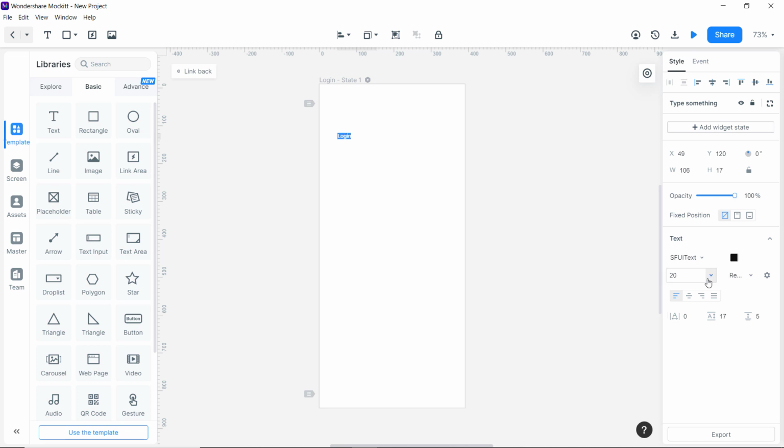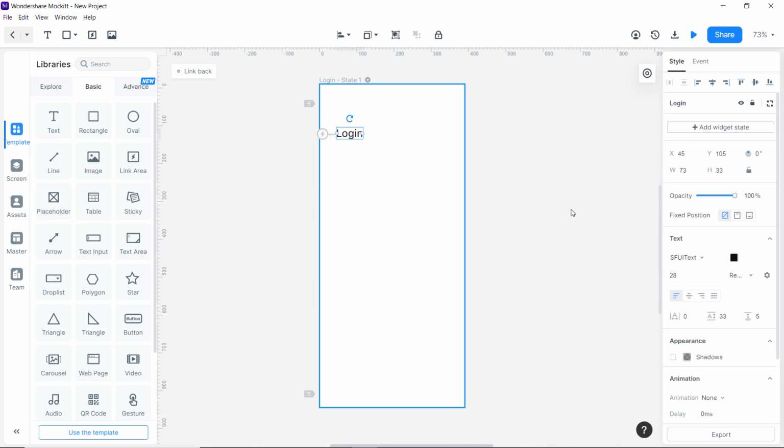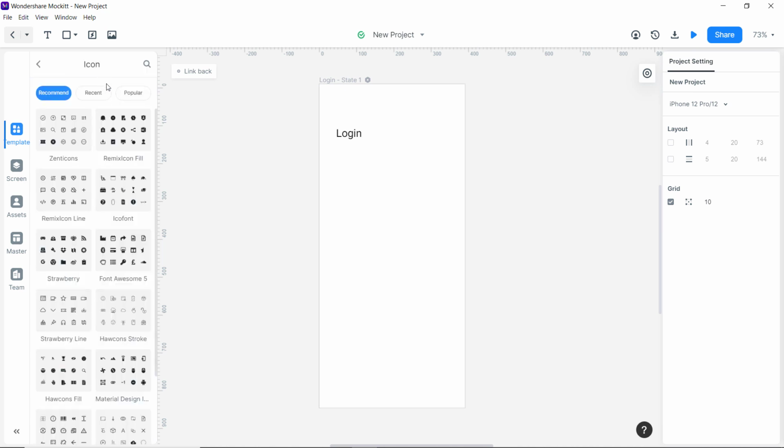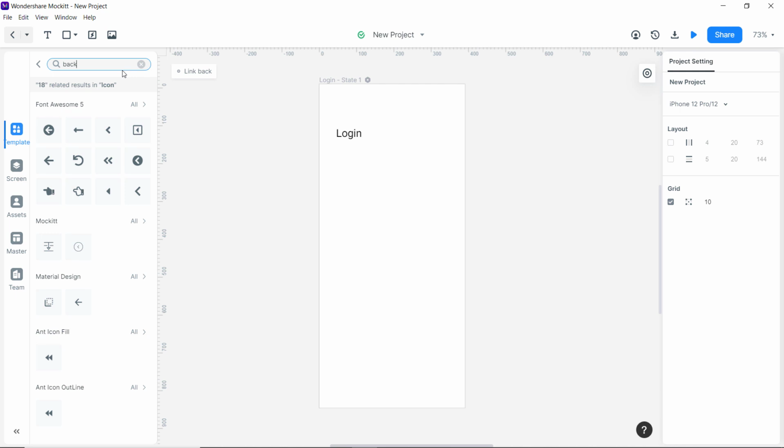And now let me introduce the inbuilt icons. So for instance, I want a back button here. In this page, simply I can go to the icon section and type back. Here is the list of icons matching my search. Design with icons looks more appealing.